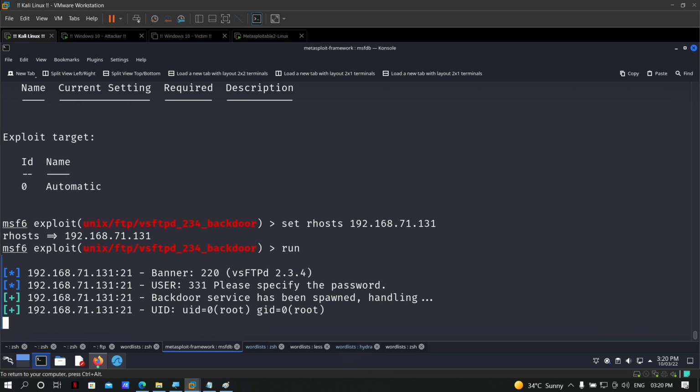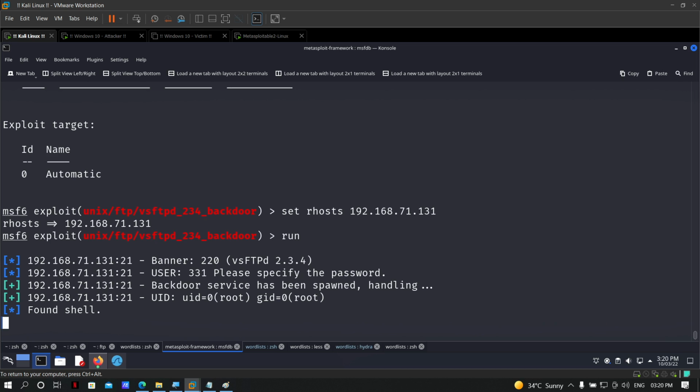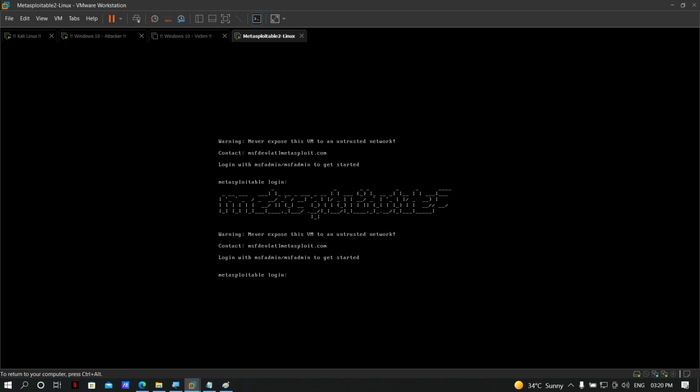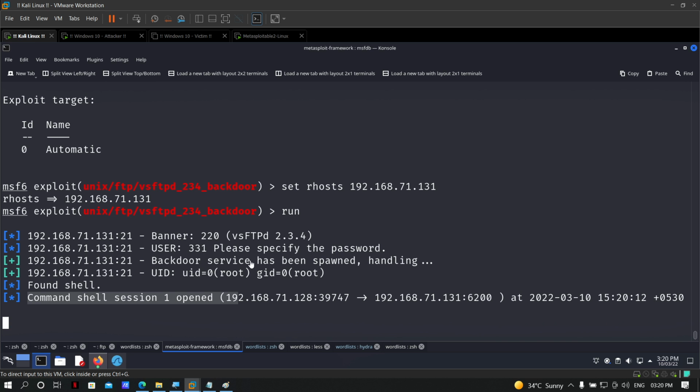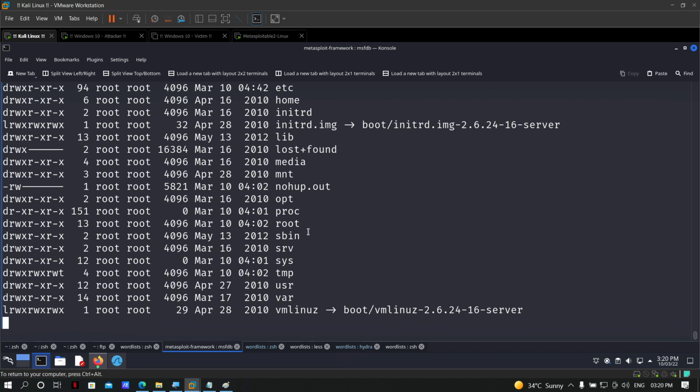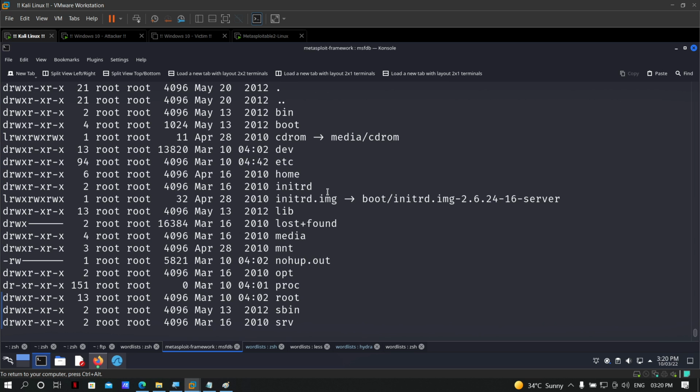Right? Now, this particular exploit is used to get access to that machine without even touching it. So here you can see we got a reverse connection from the machine. And the machine is completely independent, running on a different device. Now, if you want, you can execute any of these commands, ls -al you can go with, and these are the files available on your victim's device, right? So what you can do, you can figure out active machines, you can figure out active services, and then try to figure out the exploits available for those services, right?